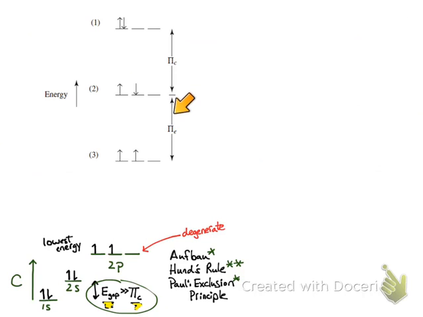So we usually refer to exchange energy as lowering the energy of the atom, and this is where we get Hund's rule. This instance in which we have one spin up and one spin down, one positive 1/2 and one negative 1/2 spin, results in an increase in energy due to a loss of exchange energy,